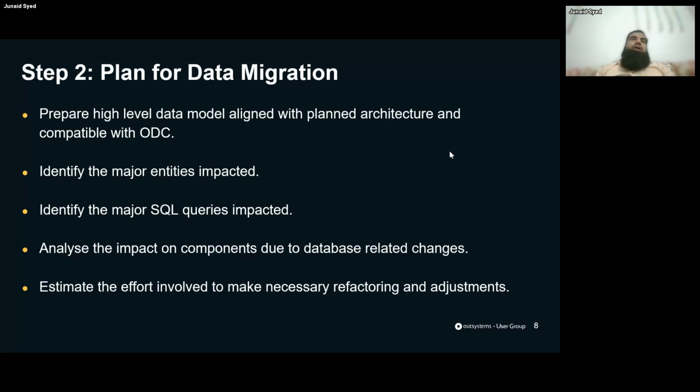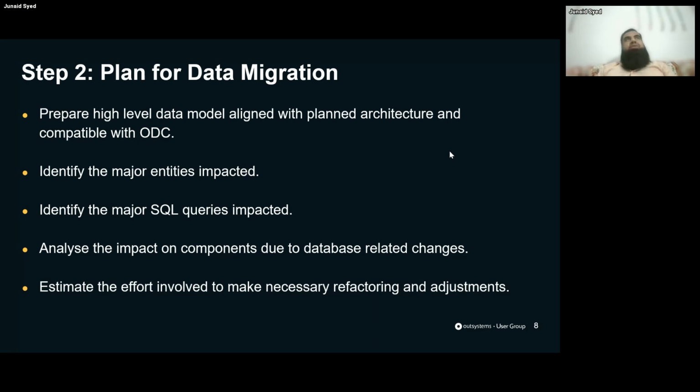But for the organizations, which is the case very often, they already have the applications in O11 and they are on production, and hence they have the data as well there. So the data migration also needs to be planned. Yeah. When we plan the data migration now,